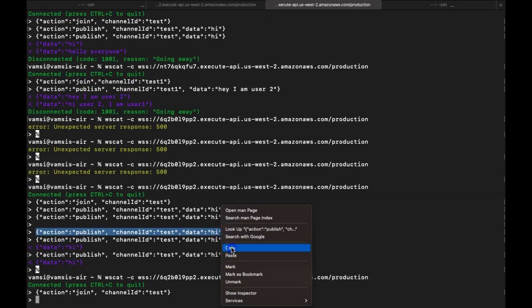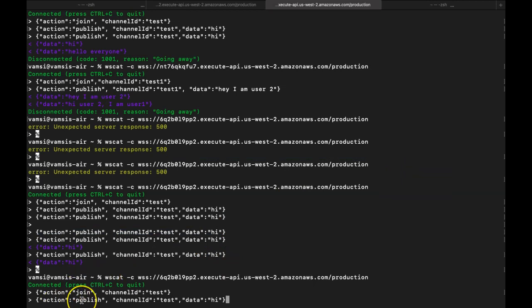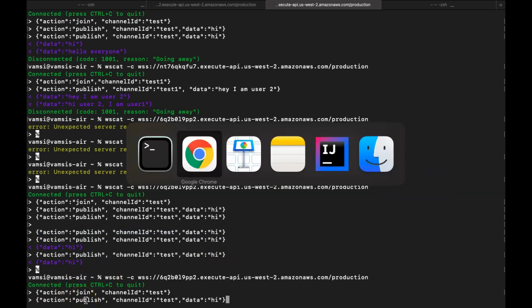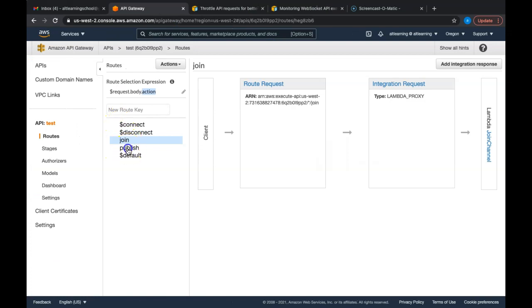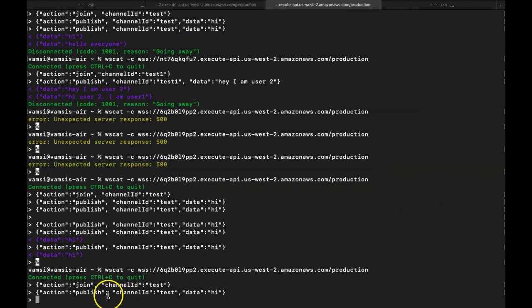In order to post a message, again, action needs to be publish. So why is it publish? Now go back here. We have a publish route. So if a user calls the publish route, the publish Lambda would be invoked, and then this Lambda will actually send your data to all the users who are connected to that particular channel. So now when this guy sends publish here,